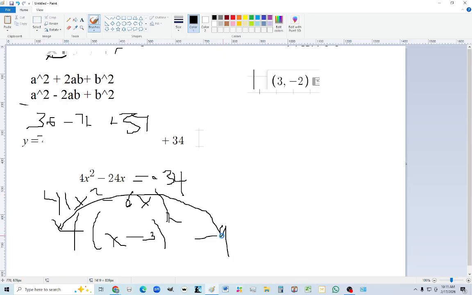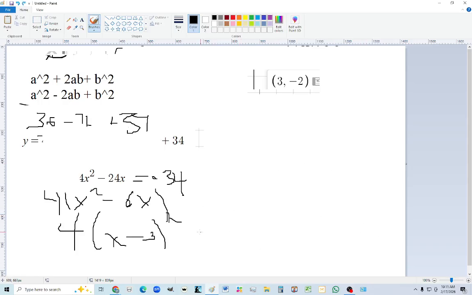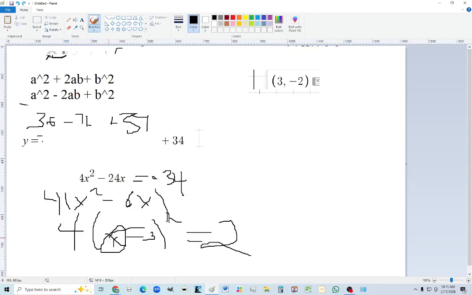4 times minus 9 is minus 36. And it's equal to minus 34 on the other side. Then we add plus 36 to this side. And we get equals 2. So you'll see sometimes it represented by your teacher like this. And that's because sometimes we'll want to solve,